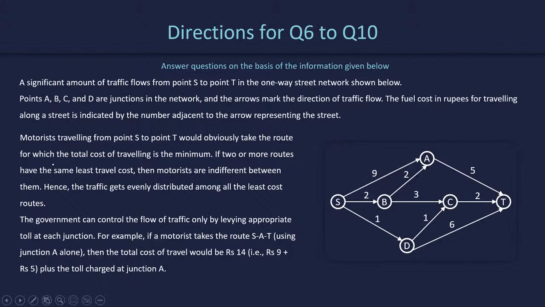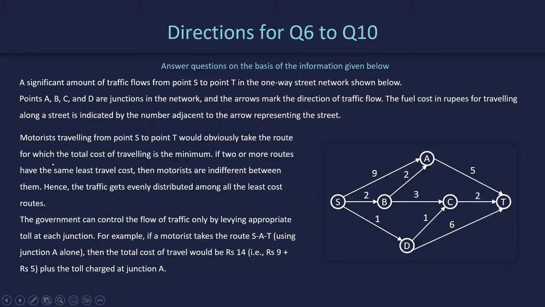मोटरिस्ट डजंट मीन मोटरसाइकिल वाला. मोटरिस्ट मतलब कोई भी ऐसा व्हीकल चलाए जिसमें मोटर लगा होता है. सो वेदर इट्स एन electric cycle, whether it is a motorcycle, whether it is a scooter, whether it is a car, whether it is a truck, whether it is an aeroplane, they all fall under motorists. So they travel from point S to T, would obviously take the route for which the cost of traveling is